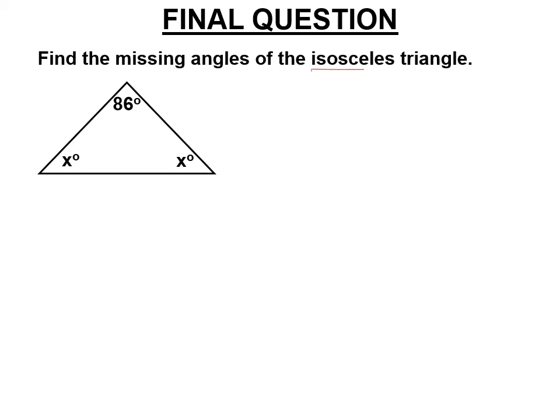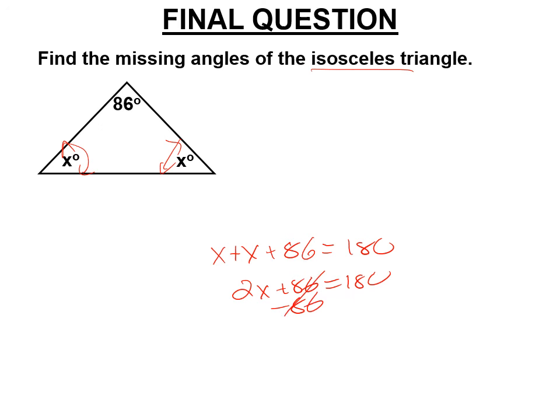Okay, now this is called an isosceles triangle. What that means is two of the angles are the same. It's equiangular and equilateral if the three angles are the same, but here two angles are the same. And so we have x plus x plus 86 equals 180, also known as 2x plus 86 equals 180. Subtract 86 from both sides. 2x equals, borrowing, 94, is that right? Divide by 2, and x,